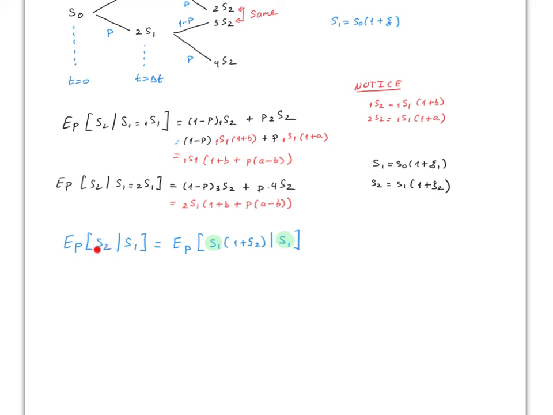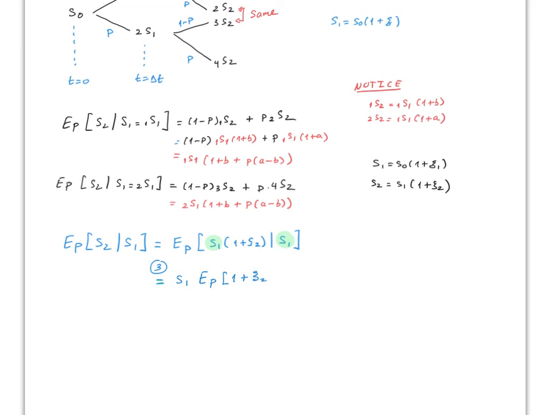Also notice that S2 is equal to this. So by property number 3 that we just had on the previous page, since this is measurable with respect to this one, you can just take it out, so it will be S1 times the expected value of P of 1 plus C2